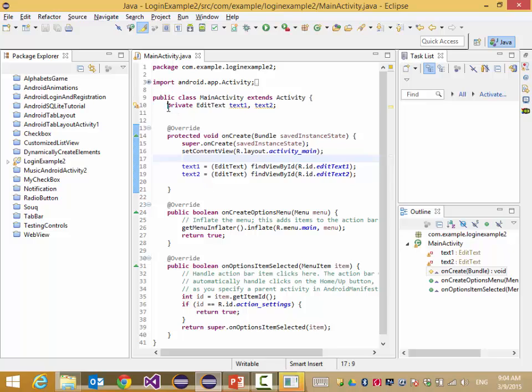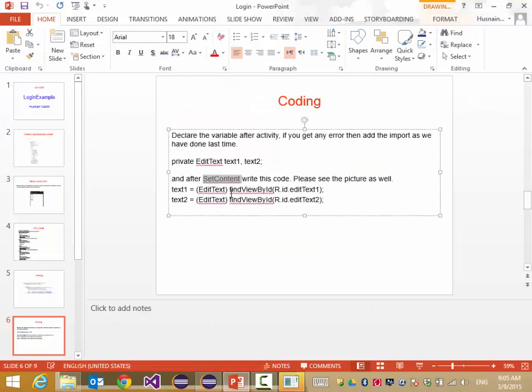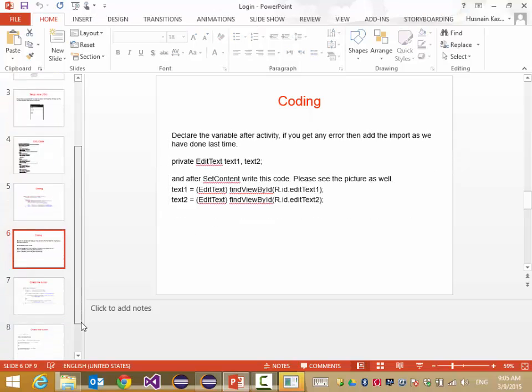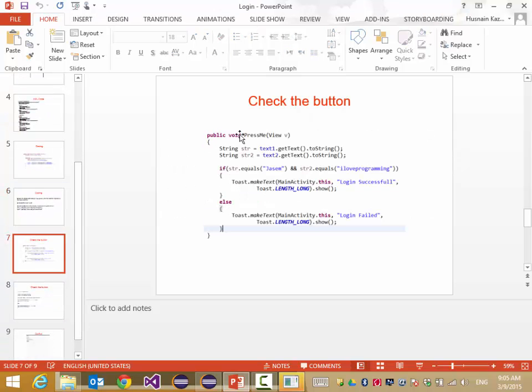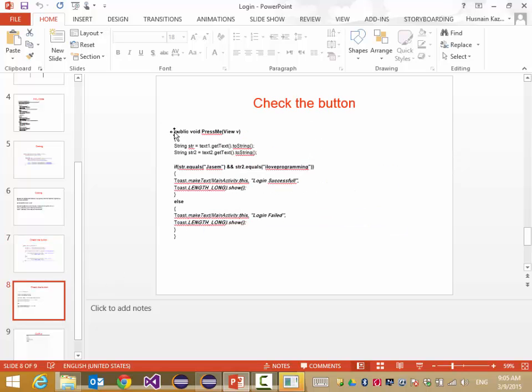So now what we have done, we have declared this text. I will explain to you later what this text is. This is the text box, and this is the text we are accessing with the help of the ID. And now last slide, I will just copy paste this press me, and press me is the on click, and you know that click event we need to